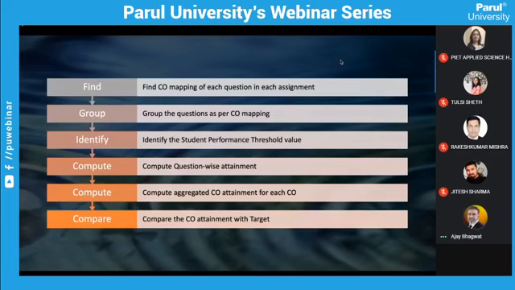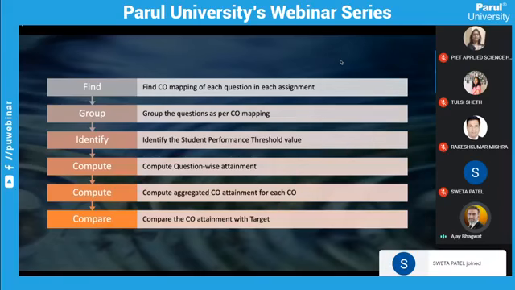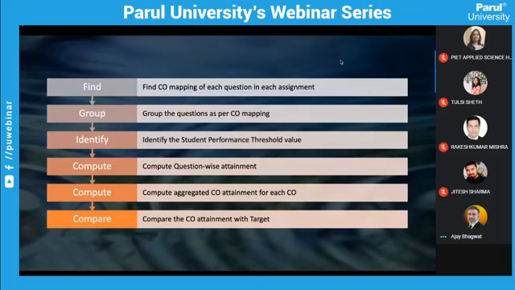So when it comes to comparing it with the target, we would handle multiple numbers here. One is related to the student performance, which is defined in percentages. The other one is also defined in percentages, which is the attainment computation itself. That's also another number represented in percentages. And the third number that is represented in percentages is the target. So there are 3 numbers. They almost look the same, and that's why there is a huge amount of confusion between these 3